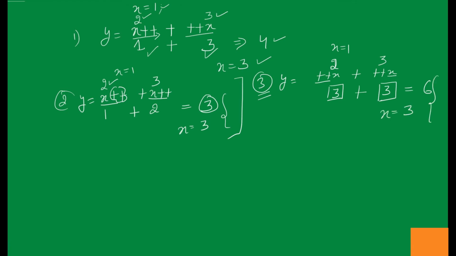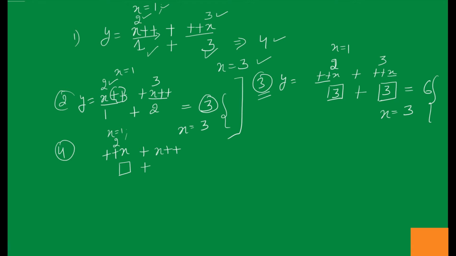Now let us take some more examples. Example number 4. Let us suppose we are given again y = ++x + x++, right? So again the same rules will be followed. The x value initially is 1. So first we are going to increment, and we place it above the x. So it is 2, and later on we are going to assign. So we will make a box here, because we are going to assign it later on.